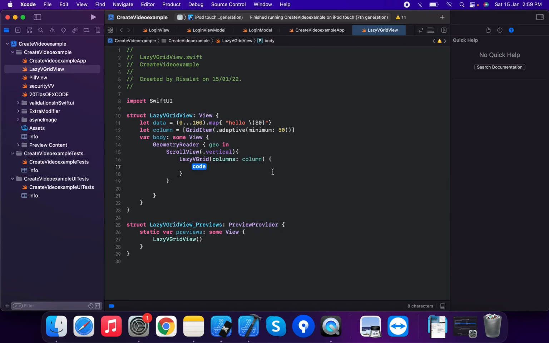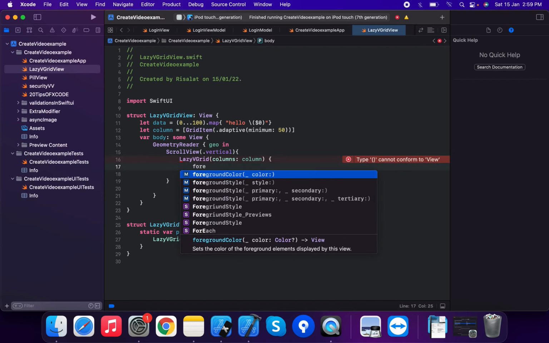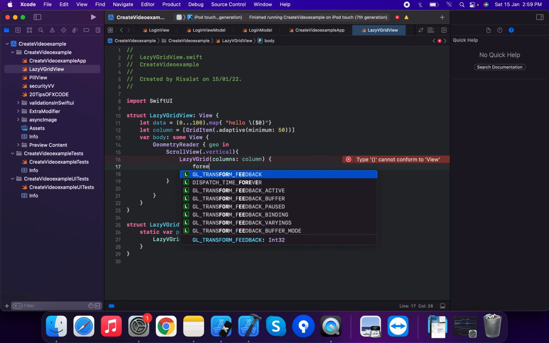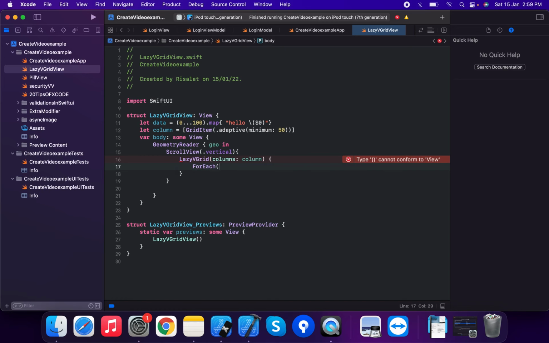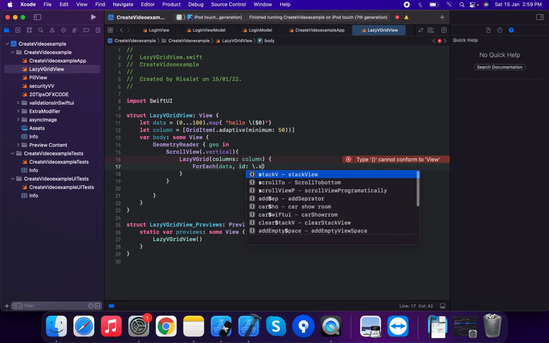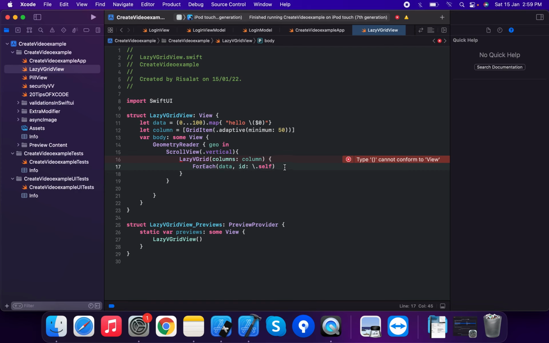Now we're going to add the content. We use a ForEach loop inside the LazyVGrid. ForEach over the data, with id as \.self.